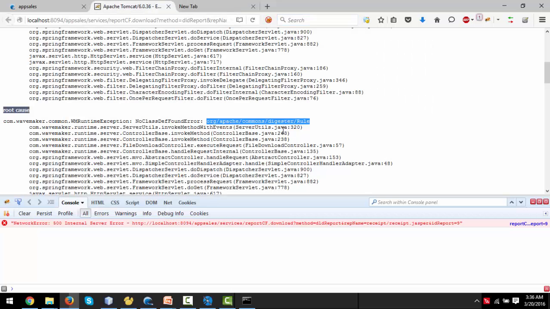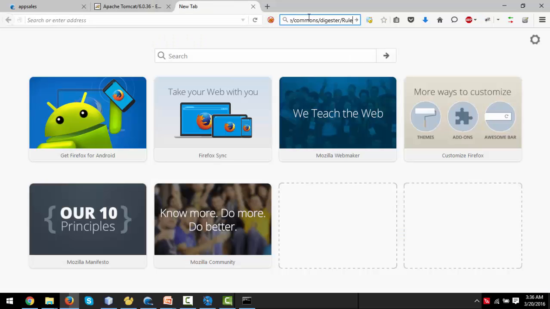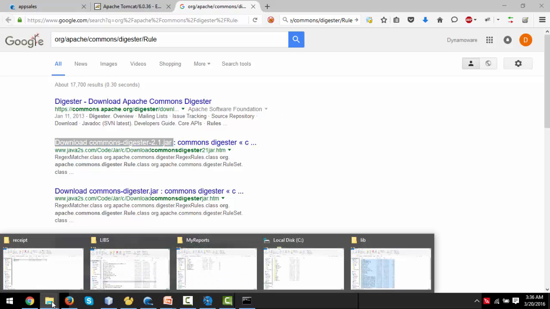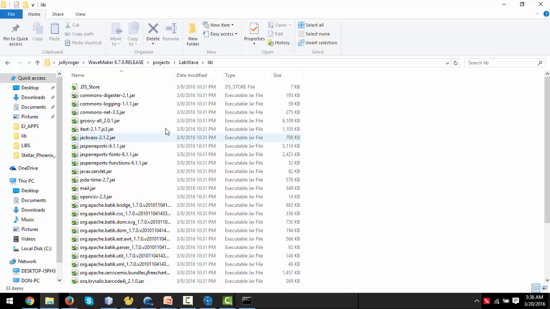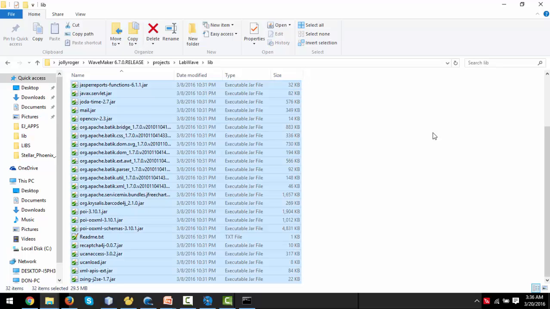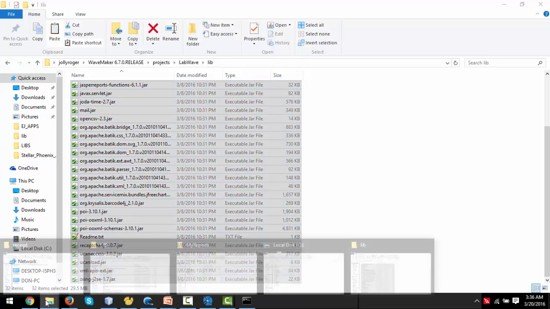I can copy it from here. Control C, Control V. So I need this jar file, the commons-jasper 2.1 jar file. I created a new list of jars, and I have them here, and I can see that I need this thing here. That the gesture is in here, so I'm just gonna recopy all these guys, and I will